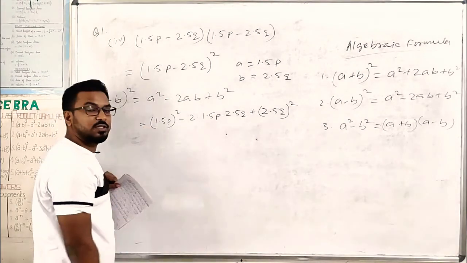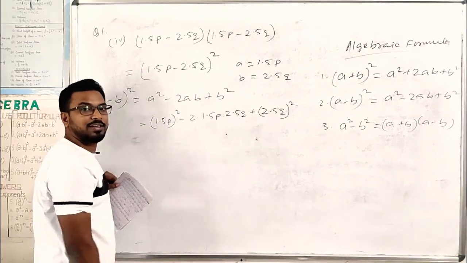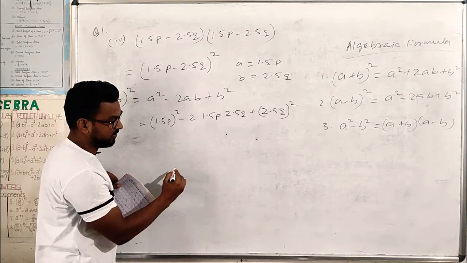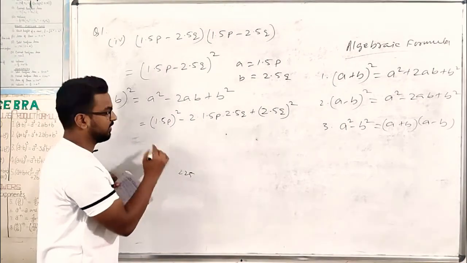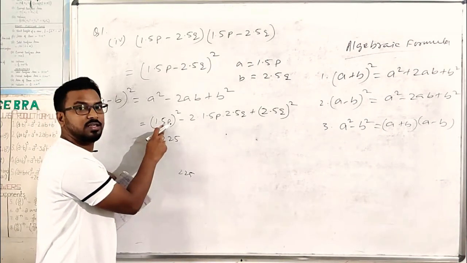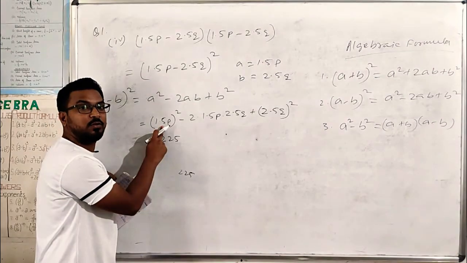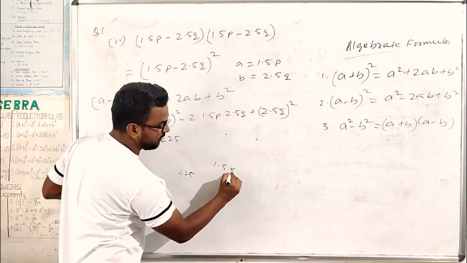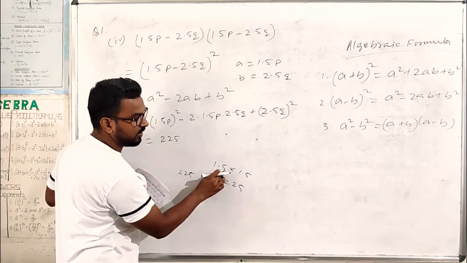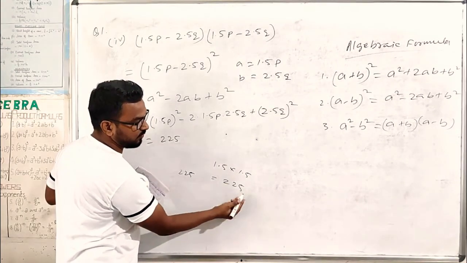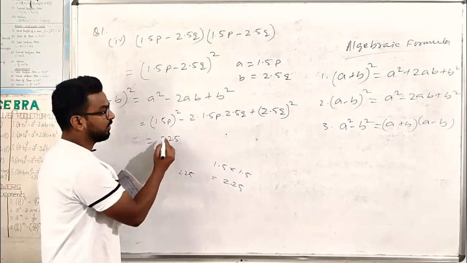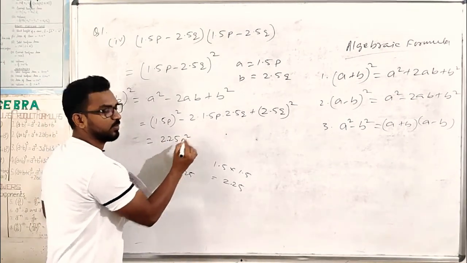Now, what is the value of 1.5 whole square? Usually students get confused with the decimal point. So you just take this as 15. What is the square of 15? That is 225. Now after the decimal there is 1 digit, since you are multiplying 1.5 two times, 1.5 into 1.5. If you multiply, you get 225. After the decimal, here 1 digit, here 1 digit, so you have to put 1, 2, two digits after the decimal. So it will be 2.25 p square.